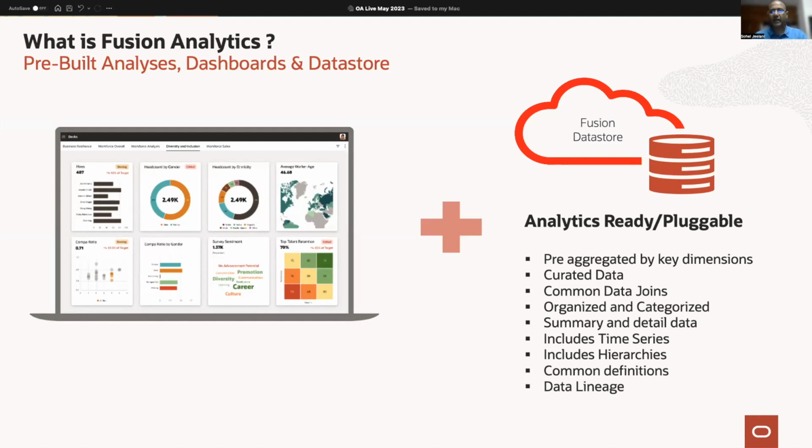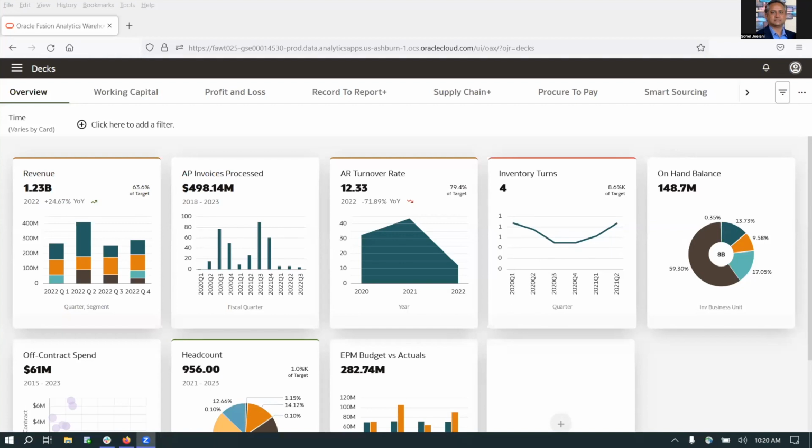So I'm going to quickly walk in and show you what exactly is Fusion Analytics, and quickly give you an understanding. Just to conserve bandwidth, I'm going to go off video, and here is my screen. Share my screen, wonderful. So what you're seeing on the screen is the landing page of Fusion Analytics. I am logged in as supply chain and finance director, Ann Locke, and since she is in the management, she